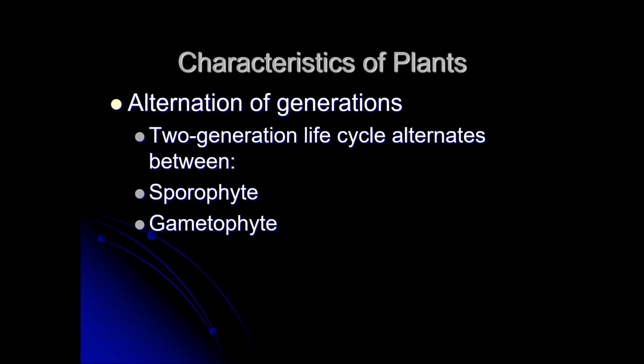Here we go with alternation of generations. So this is a 2-generation life cycle. It alternates between the sporophyte and the gametophyte. And the reason I want to talk about it here is because I think it's easier to visualize with plants than with 2 single-celled structures that really don't look a lot different to you. I want to try to pick something that maybe you could visualize, and the example I use is going to be very generic and maybe not completely accurate, but I'm trying to get you to visualize it, because for me as a student, this was something really difficult to wrap my brain around.